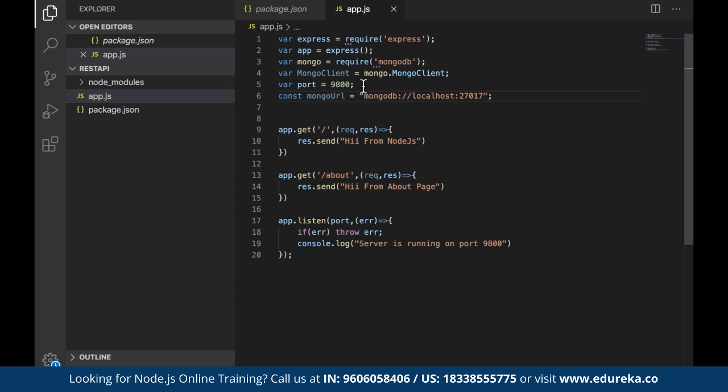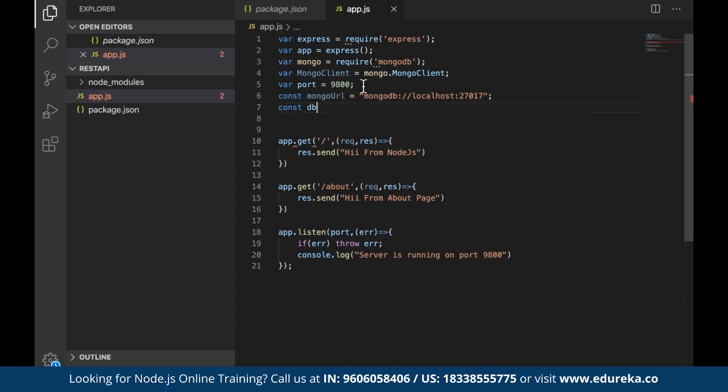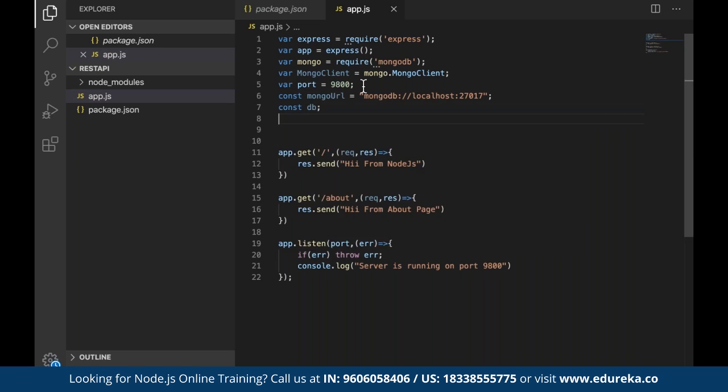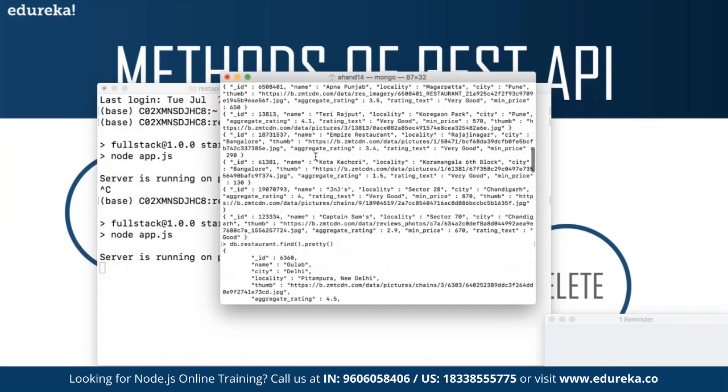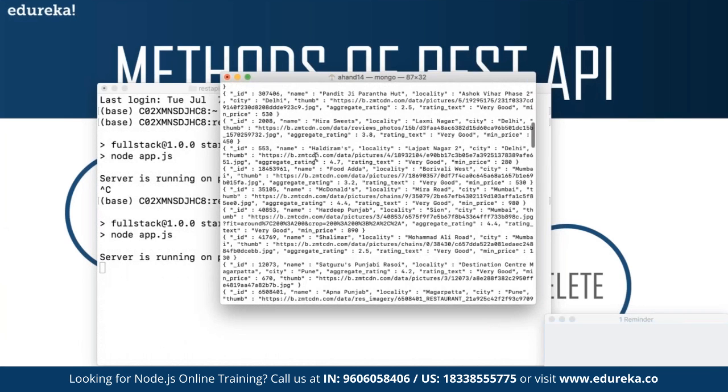That's my port number. We'll write const DB database name and const collection name. So my collection name, guys, means table name. In this case, my collection name is restaurant.